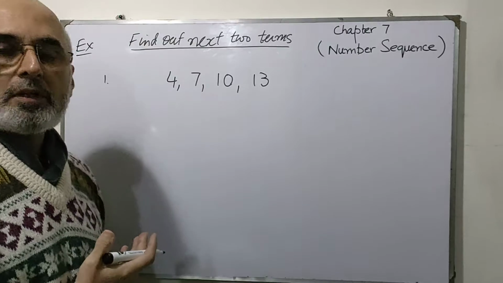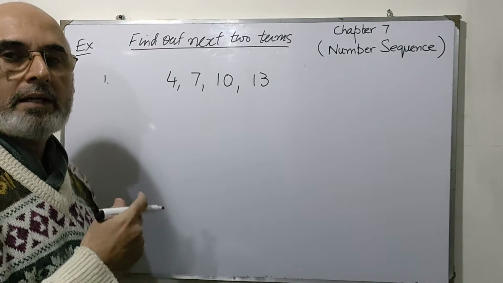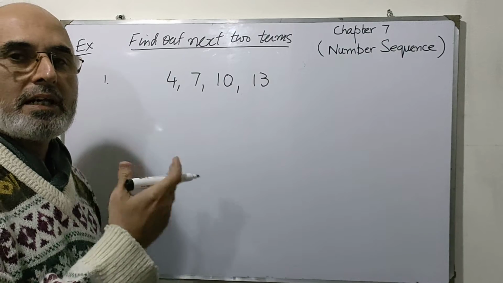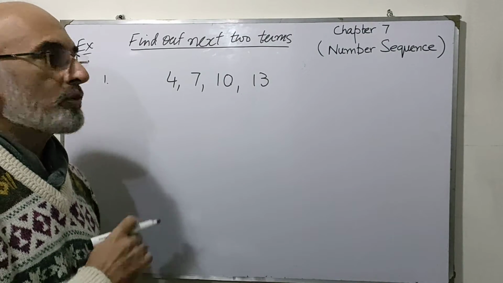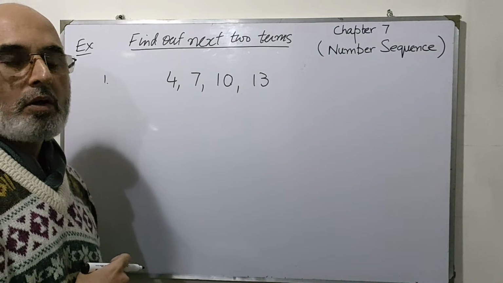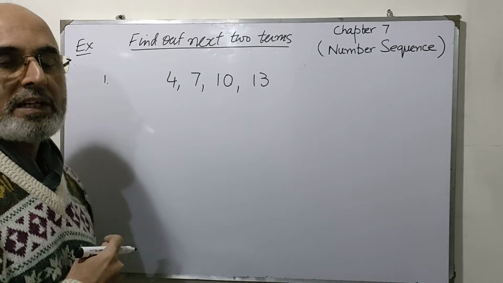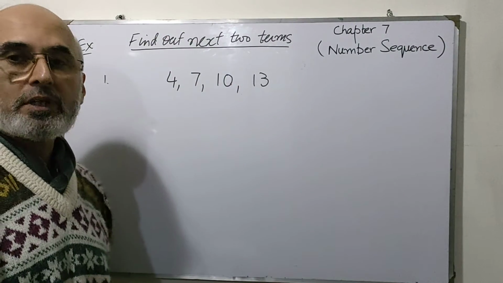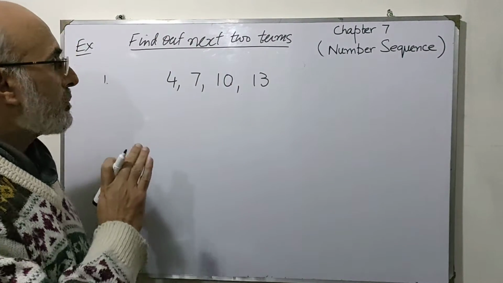So it's a list of numbers, and as I have said, in this list of numbers, the numbers are linked through some rule. So we have to figure out that rule or a pattern so we can find out the next two terms. So let's observe this